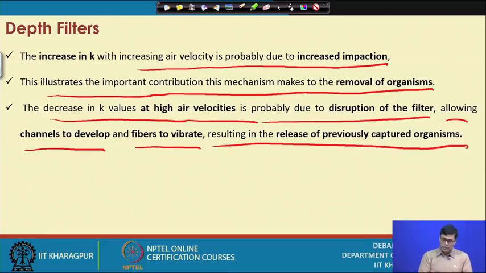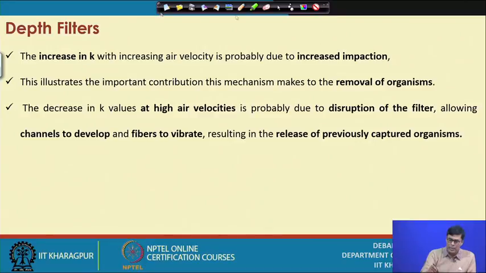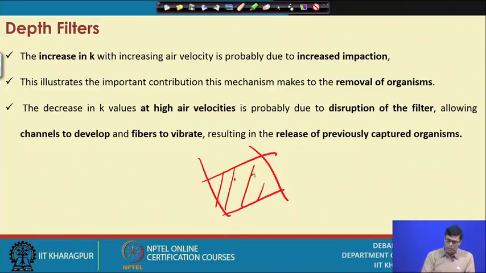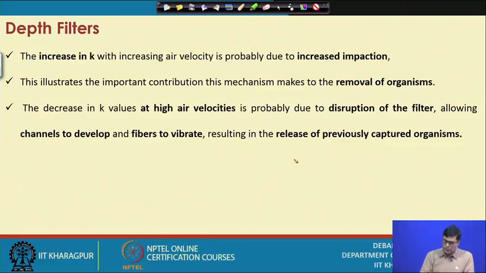Another thing I want to tell you here: whenever we use any kind of filter, after some time we will find that the filter is totally saturated with particles. Then if you pour air, there is every possibility that some contaminants will come into the air. So, you have to regenerate the filter. Now, how can you do the regeneration of the filter? Because we can do it very easily.